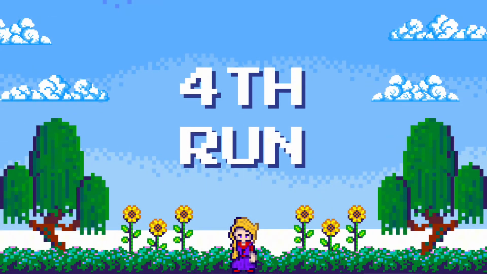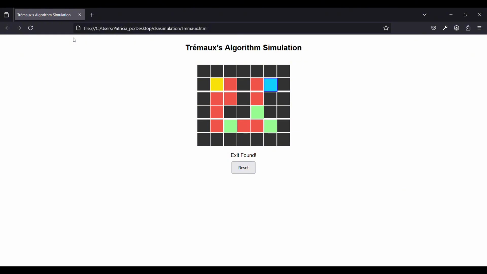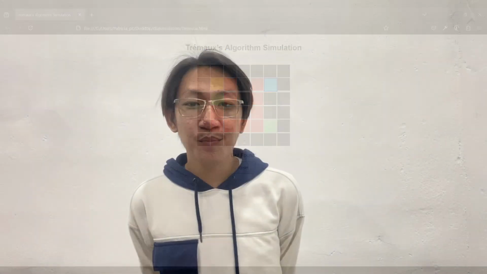In each of the 3 recorded runs, the agent takes a different path through the same maze. This might raise a natural question. Why does the route change, even though the algorithm remains the same? If more than one valid direction exists, the choice can vary depending on the order directions are checked, such as up,